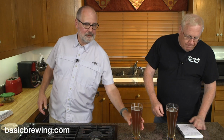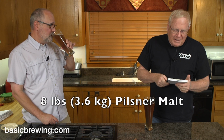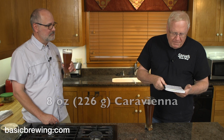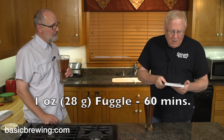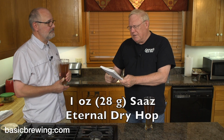All right. So while you're talking, I'm going to drink. Let me tell you about the beer. This is a Belgian-style beer. I call it 10 minutes of art because I'm not sure what the style is. Although I couldn't decide. This is more like 20. Yes. About a half an hour of art. It's a 5-gallon batch. It's 8 pounds of Briess Pilsner malt, a pound of 10 Lovibond Munich, 8 ounces of Cara Munich, 8 ounces of Cara Vienna, 8 ounces of Melanoiden. I used a 60-minute boil and 1 ounce of Fuggle at 60 minutes, 1 ounce of EKG at 15 minutes, 1 ounce of East Kent Goldings at 5 minutes, and then I dry hopped for approximately 274 days